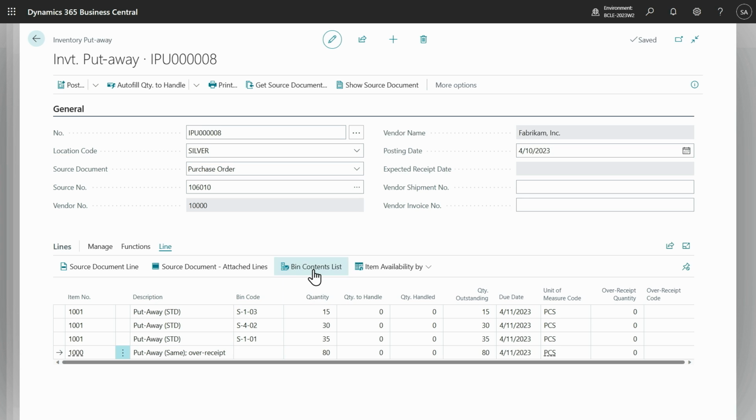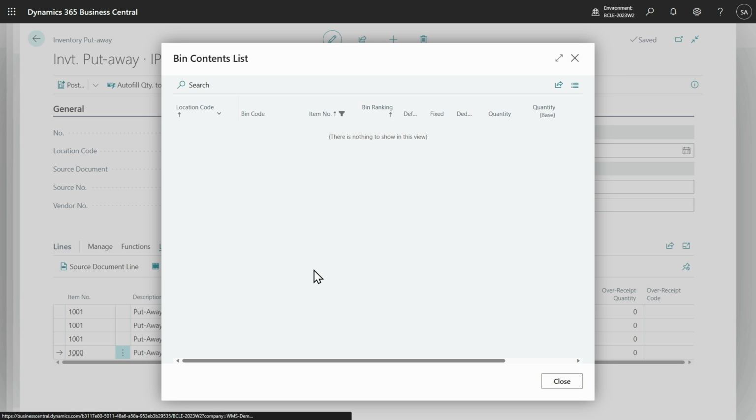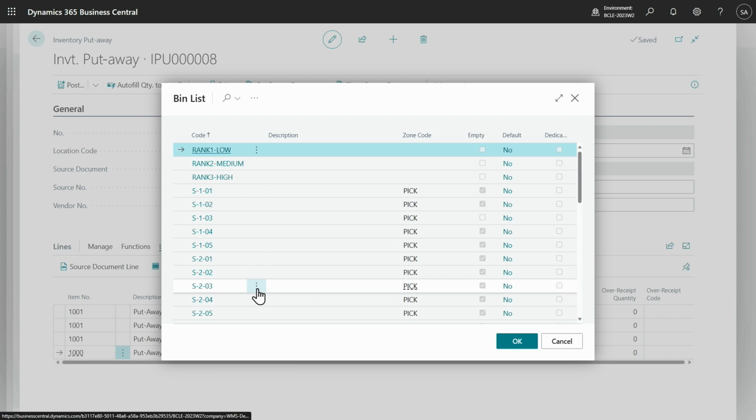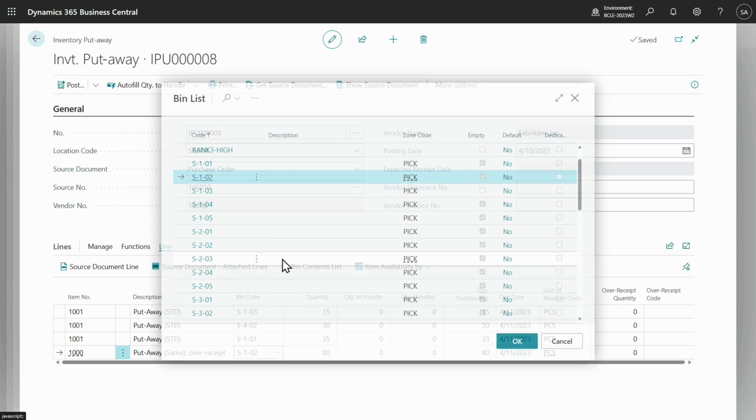The last one, no, this item is not available currently, so we cannot find an existing bin. That's why we decided to delegate this work to a warehouse employee, who will decide where to store this item in a specific scenario. So you can use different approaches.